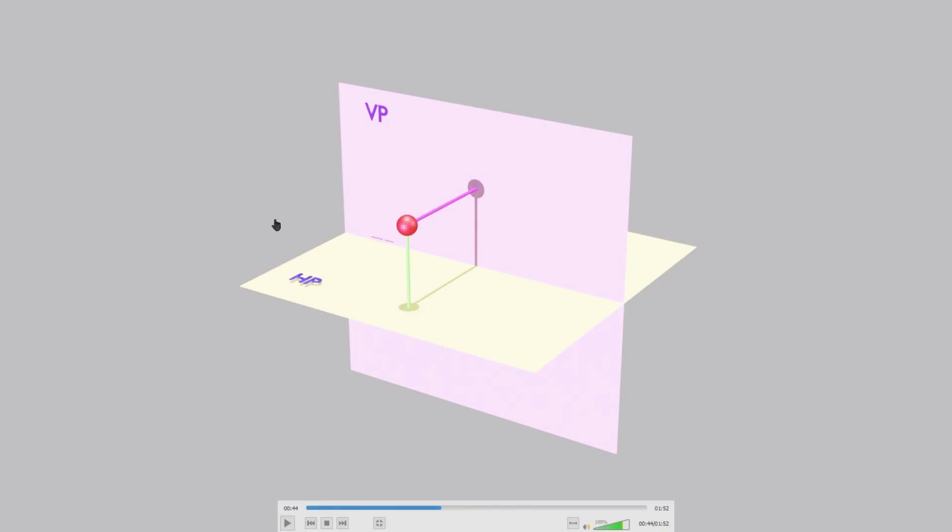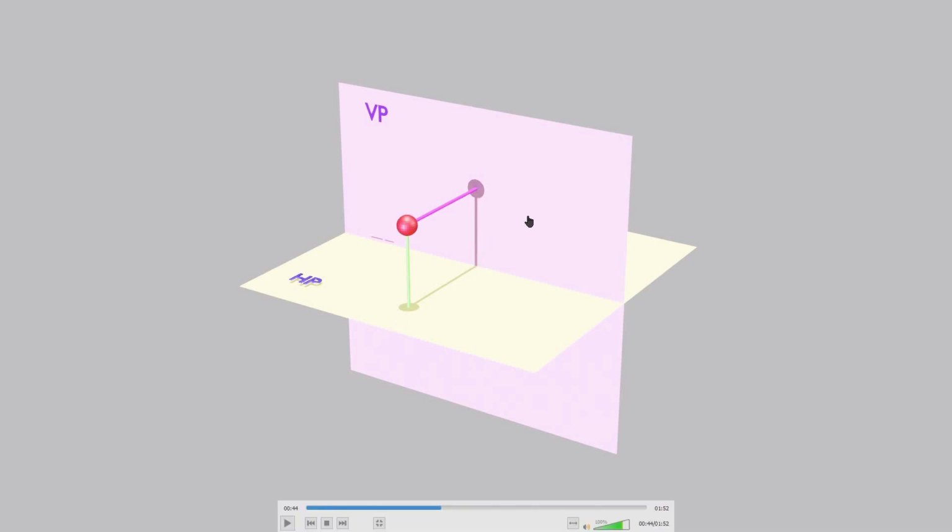Now when I remove the object and switch off the light, these shadows will go. So in order to avoid that, we will just make some markings. And one more thing, as you have seen, the shadow of this green line, that is the distance from the horizontal plane, is formed here. That is the distance from the XY line to the object. And since this is parallel projection, this length and this length will be the same. So whenever you draw the distance of the object from the horizontal plane into a 2D drawing, you have to draw it as the distance from the XY line to the front view.